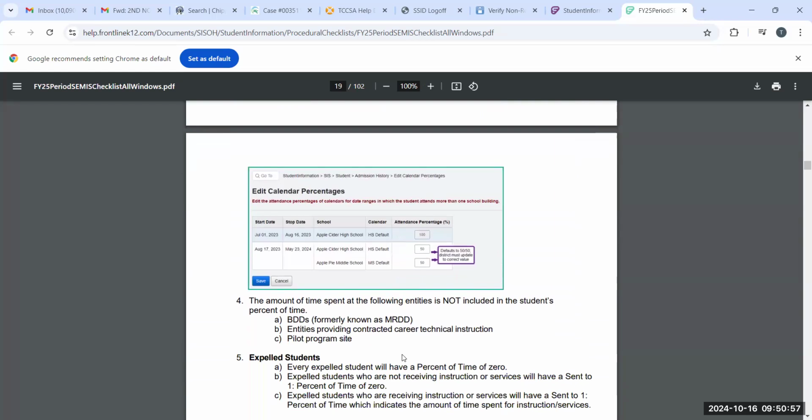And here they give a breadcrumb trail in terms of going into your admission history, which you can access and edit your counter percentages. That's a shortcut that you can also use there. So this is just giving you some examples of how you can basically edit